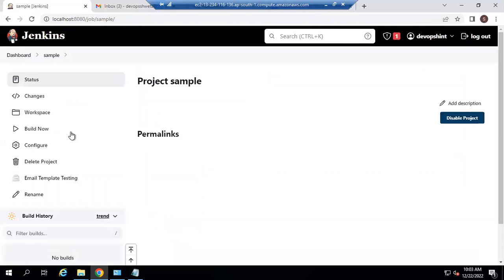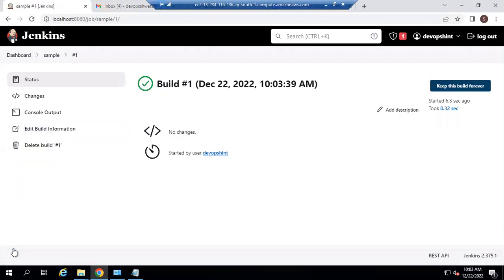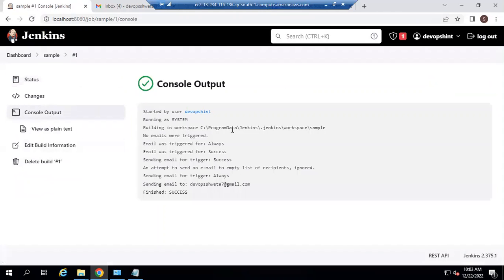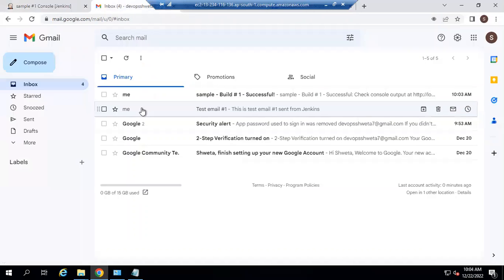After that, click on build now. You can see here it's successfully built. So click on it and now click on console output. In the output, you can see here started by user DevOps, and the sending email trigger always, and send email to this Gmail account. It's success. Okay. So go to the Gmail account and you can see in my Gmail